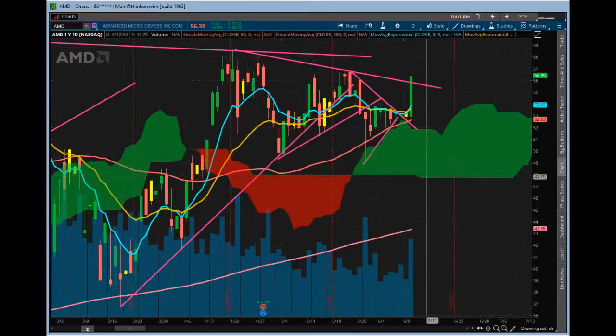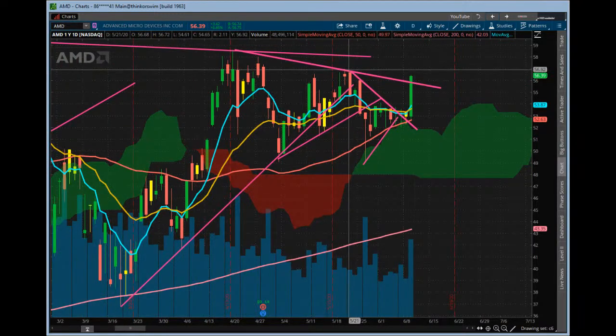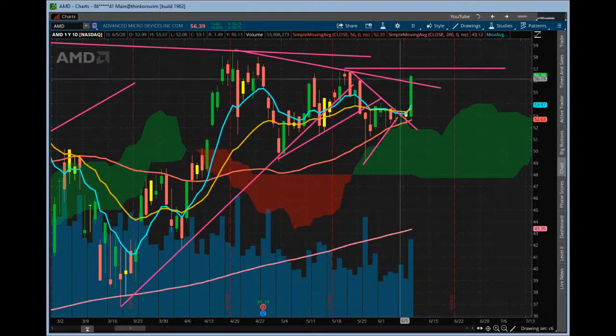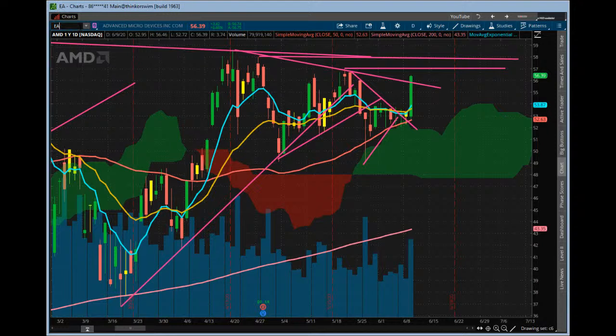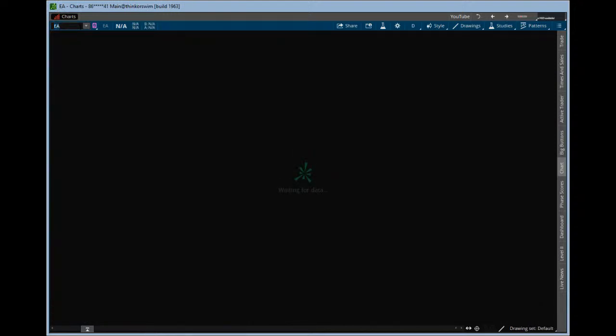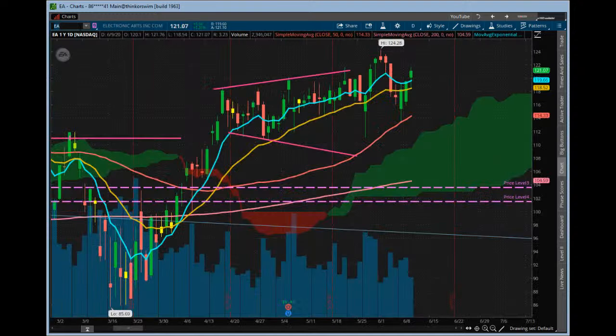Now, I can imagine that we get a bit of a gap up there, but just watch out at 57. We got a couple pivot levels here that are pretty major on AMD. But today was just some great buying on it. It was such a fun one today. And then EA was pretty strong today. ATVI was pretty strong today on the gaming stocks. Decent move up there off of the 21-day and through the ADMA, trying to work its way up here. The volume's a little bit light, and these ones are tough to trade, but it did have some good intraday movements on it. Some good stuff there.